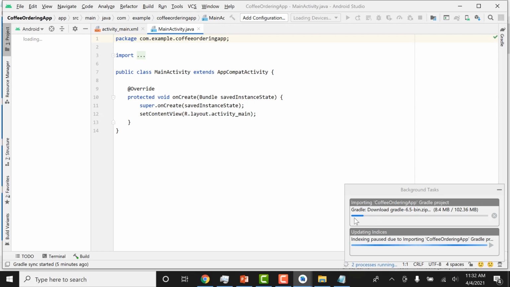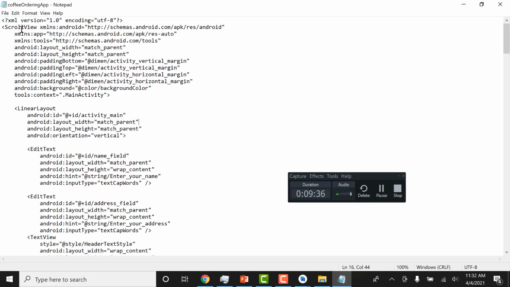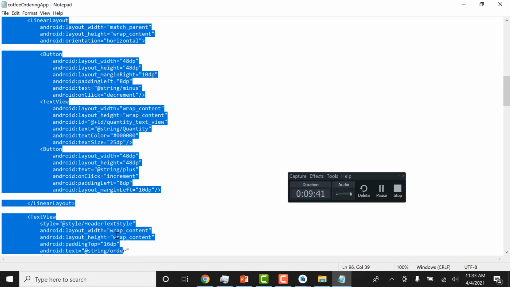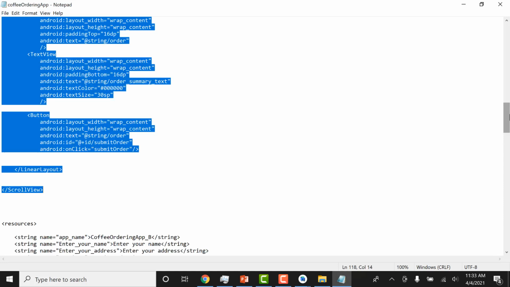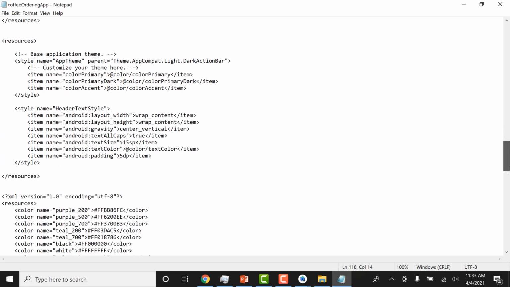I think I'll return to this lecture because this is taking a long time, and I'll see you in part B of this course. But remember, this scroll view is our main layout file. We enclosed everything in the scroll view because our app needs scrolling, and then we use some resources like the string resources. This is our string file. These are the strings that will be used in our app, and then